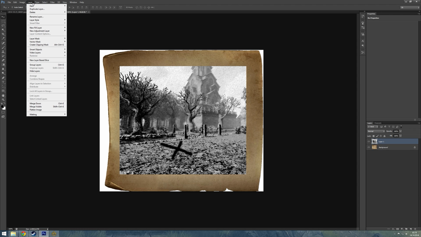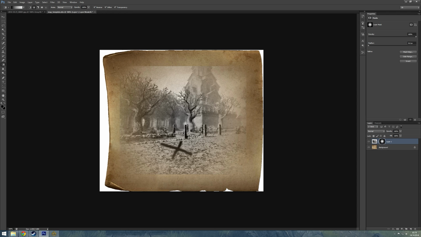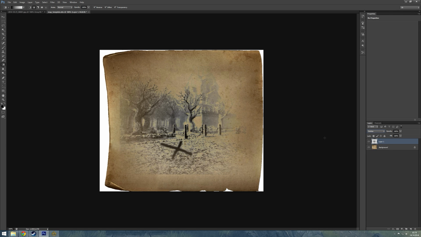Add a layer to this, layer mask, reveal all, and let's just do something like this. I'm gonna apply the layer mask, bring the layer down. No, sorry, I'm not gonna bring the layer down. Before I bring the layer down, I'm gonna change it to darken. So that basically means the white area of that layer will get transparent, like this. So now I'm gonna merge the picture,